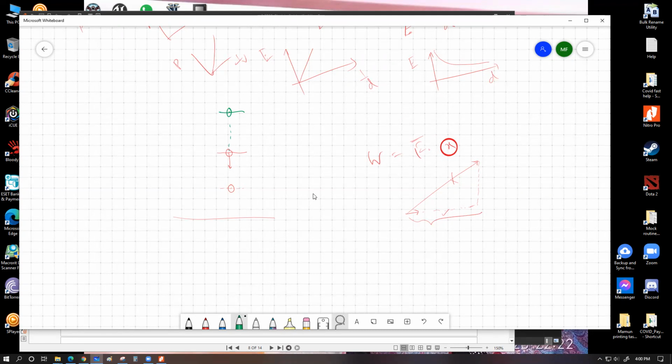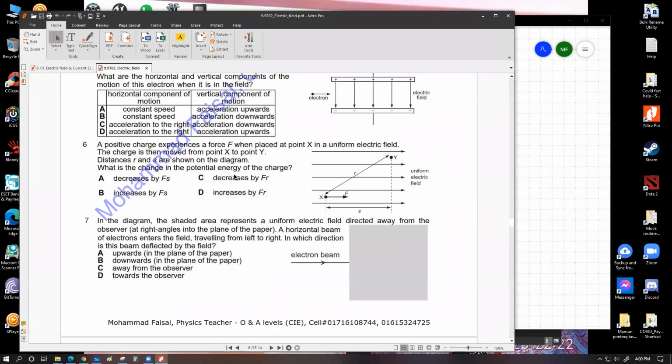Yes, sir. So when motion happens against the system's force, which is W in this case, potential energy will increase. When motion is happening by the system's force, or in the direction of the system force, the potential energy will decrease. Now what I want you to judge within this figure: the question says a positive charge experiences a force F